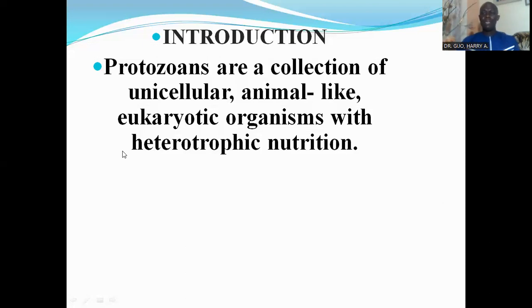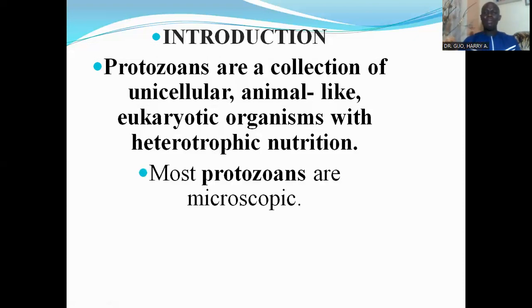In the kingdom Protoctista, we have the sub-kingdom Protophyta, that's plant-like organisms, the sub-kingdom Protozoa, which is made up of animal-like protozoans. Then we have the slime molds, which are fungal-like protozoans. So these protozoans are actually unicellular organisms that exhibit traits that are found in animals. The protozoans are not animals, but they are minute microscopic animals.